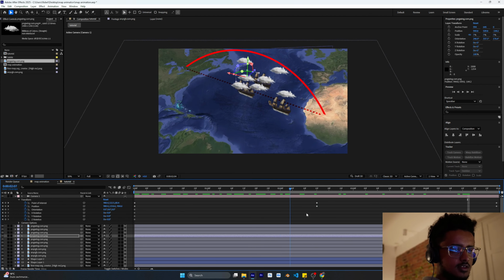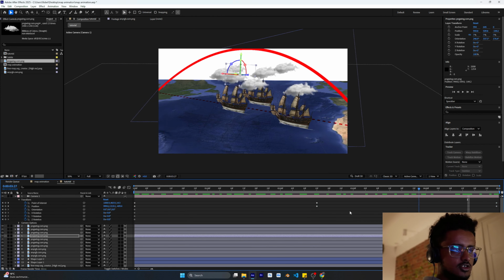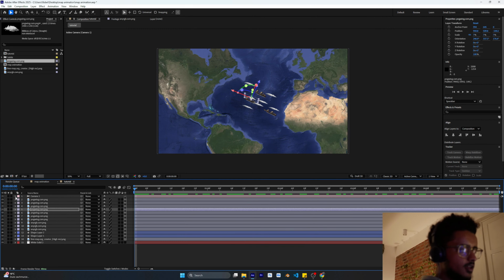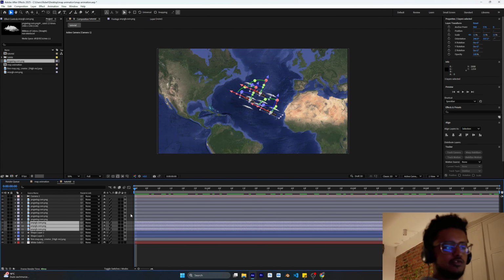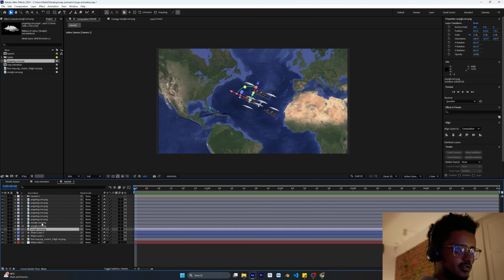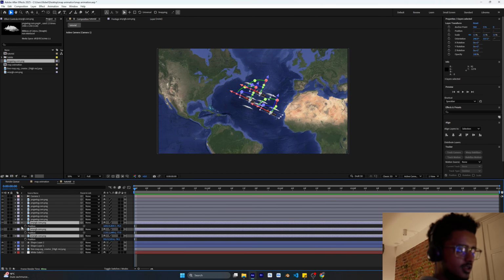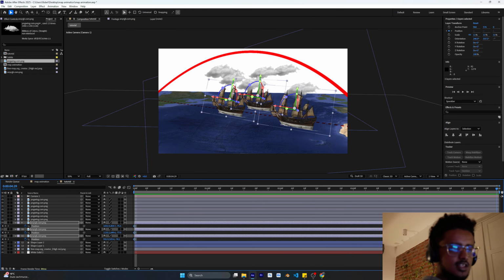Okay, so this looks good. And one more thing that I want to do is move the boats a bit. So I'm going to select three of them by shift clicking, and then by pressing P, you can select the positions. And then at the end of the animation,